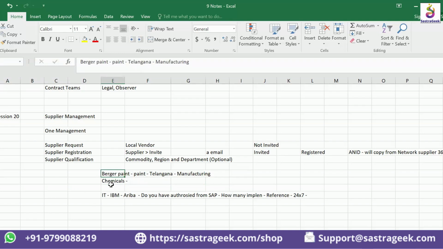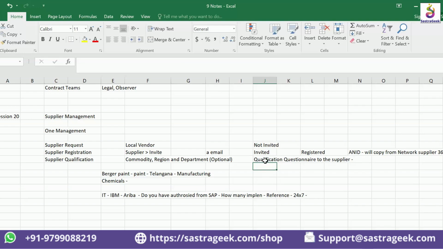This way, you are going to send the qualification. During supplier qualification, in the same way you invited him, you are going to send a qualification questionnaire to the supplier,